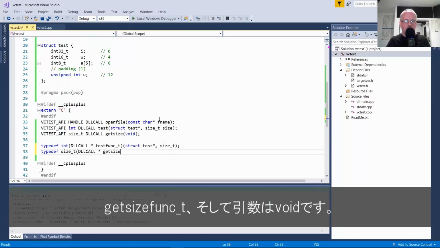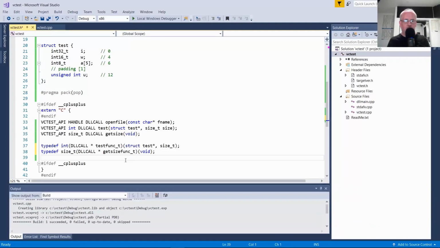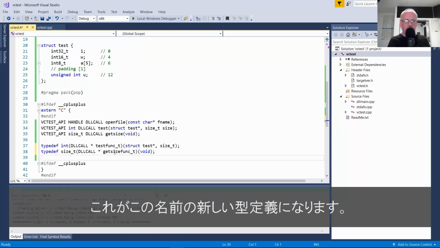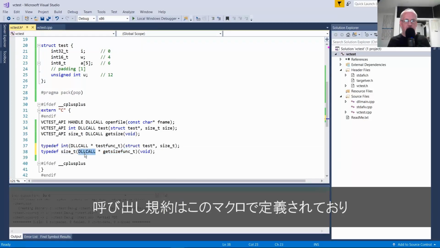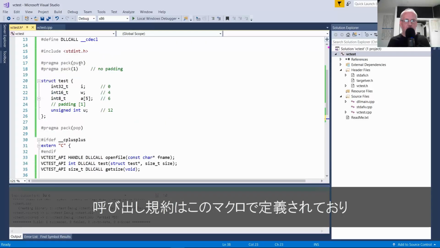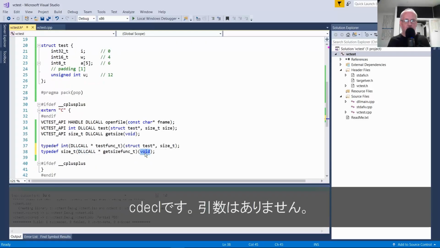Call it get_size_func_t, and it takes a void. So this is defining a new type of that name, and it's a function pointer with this signature. Returns a size_t, has the calling convention defined by this macro, which is cdecl, and takes no arguments.